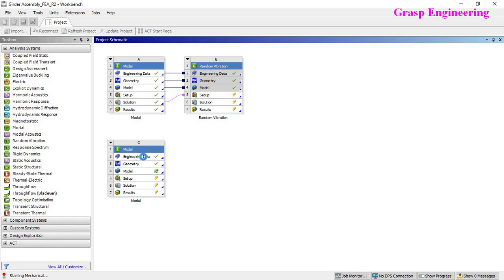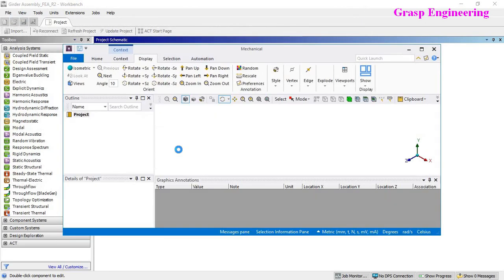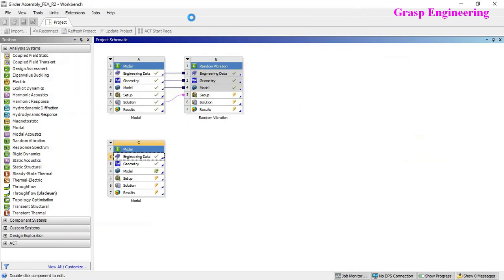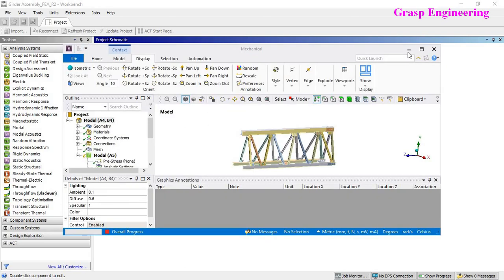So before that, just double click on engineering data. As we know, the material for the present simulation is structural steel. ANSYS by default considers the material as structural steel. If you want to change that, you can change it from the engineering data.